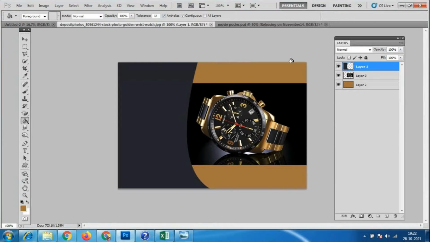Here we can add the information like this is the Timex watch exclusive collections, and we have 10% off, and some sale, Christmas sale or New Year's sale, and limited collections, limited designs, men's watch. So you have so many extra things you can add here, and you will add www.timex.com, something like that. You can add the message also.